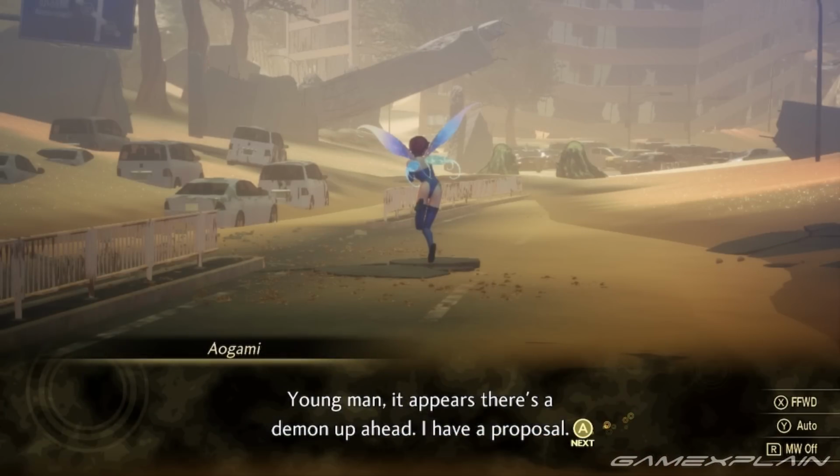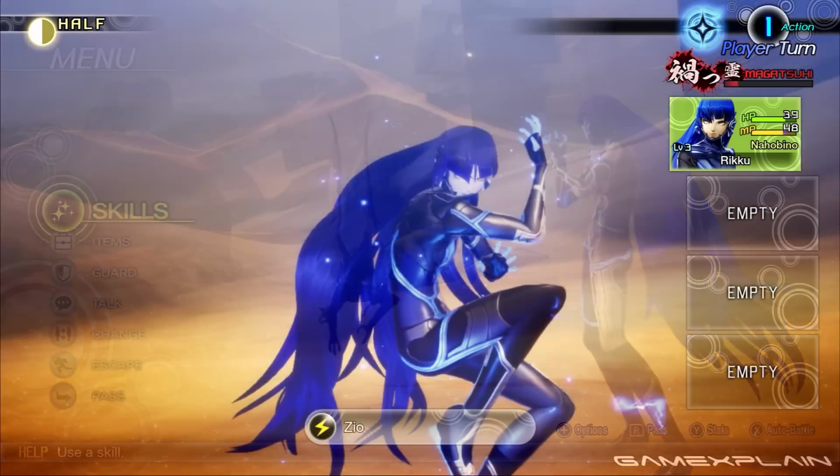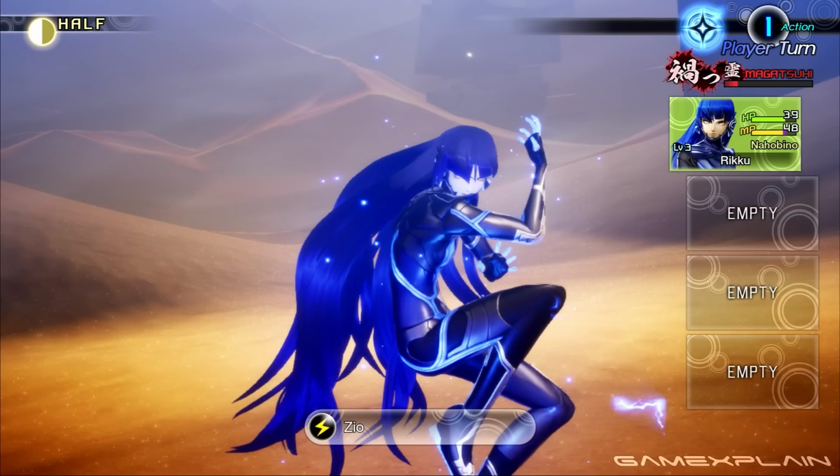Visually, the series has never looked this good, and the fact that it's running on a Nintendo Switch is an impressive feat in itself. Showcasing those amazing graphics is the world that you end up in at the beginning of the game, which is where demons lurk and where you are able to explore. Explore far enough and yes, you will find enemies that you can fight, which will initiate the press turn battle